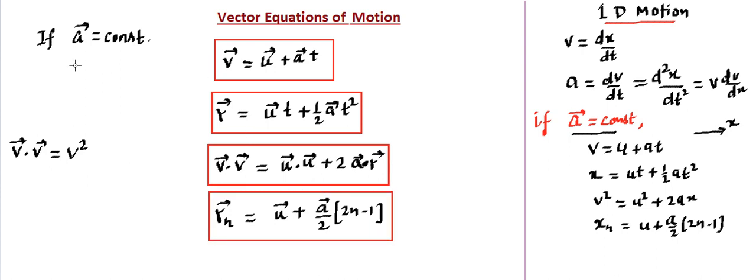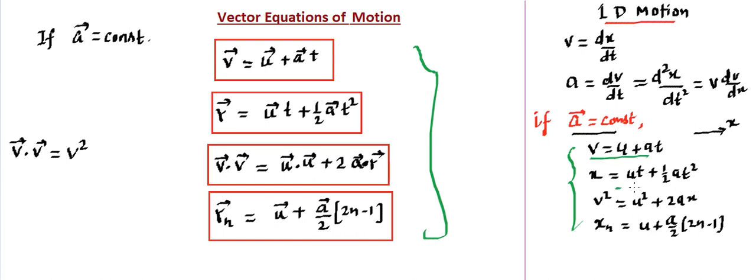So if the acceleration remains constant, writing the equation becomes quite simple, and we can also write it in vector form if the particle is moving in any number of dimensions. And if it is moving in one dimension, then we will have these equations to be used. So we can use these equations in the one dimensional case, and we can use these equations for all dimensions, whether it's 1, 2, 3, and both are going to give us the desirable result.